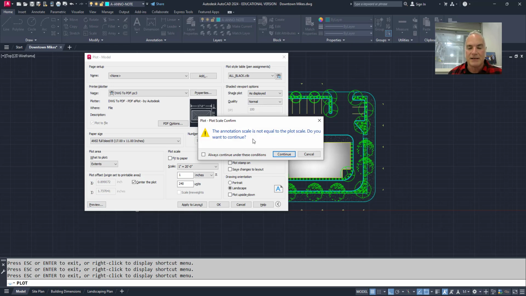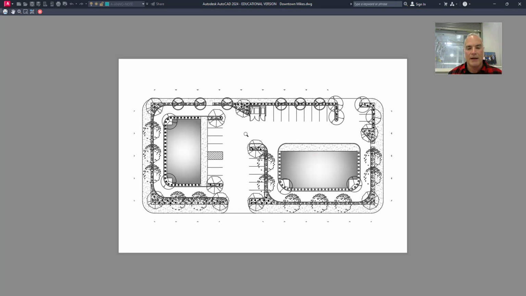right here. That's going to give you this message. You've probably seen it a few times. It's saying, hey, the annotation scale is not equal to the plot style scale. Do you want to continue? And yes, I'm going to choose continue. I have an annotation scale in here that's 1/4 of an inch is equal to a foot, but obviously I'm plotting this at 1 inch is equal to 20 feet for my little piece of paper there, so it's obviously not working. If I click this box, it won't give me that message anymore,